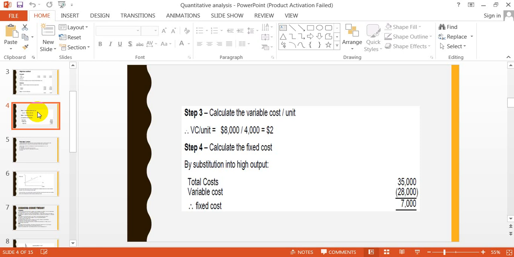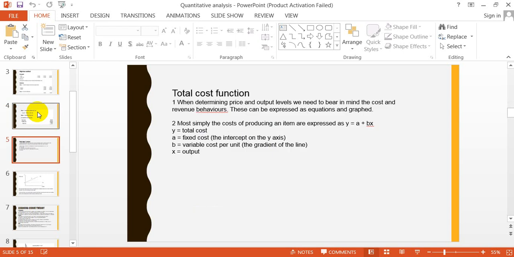So in this case, we've chosen the high. So we take the total costs of 35. So your formula, to take down, is